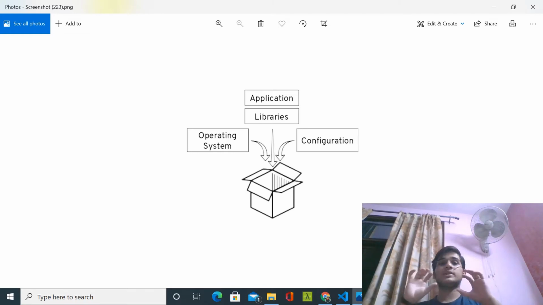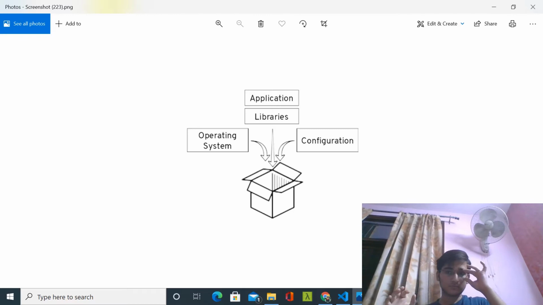The host operating system controls all the hardware resources, like storage, RAM and CPU, to run applications on top of itself. Understood?